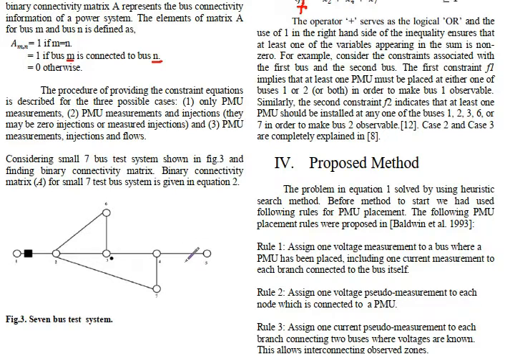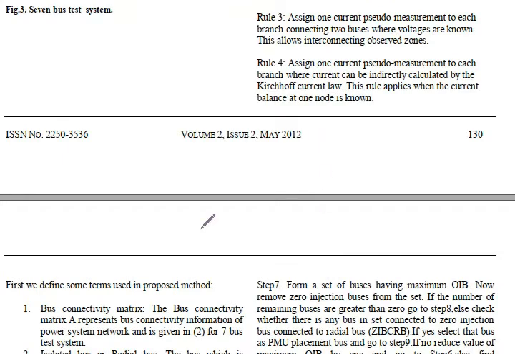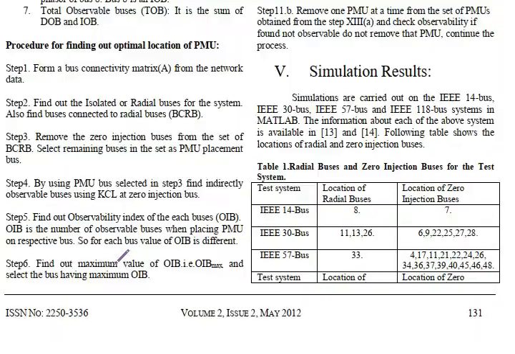So we are going toward the proposed method, where most of the rules are taken from this research paper. These are the procedure steps for finding the optimal location of the PMU using any non-global optimization algorithm like PSO, GA, simulated annealing, artificial bee colony, Firefly, differential evolution, pattern search or fmincon, whatever optimization technique you like. So let's start with the procedure of finding the optimal location of PMU.